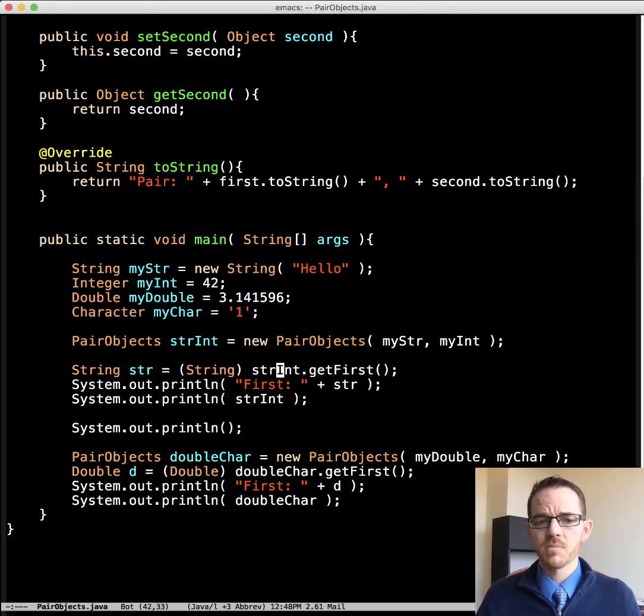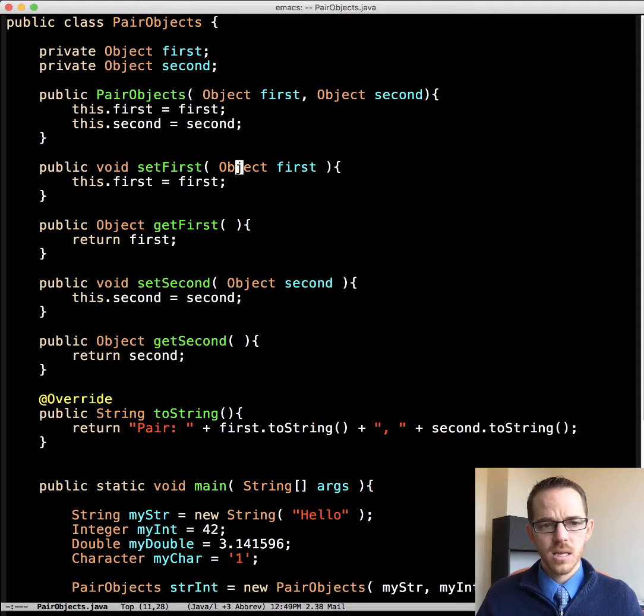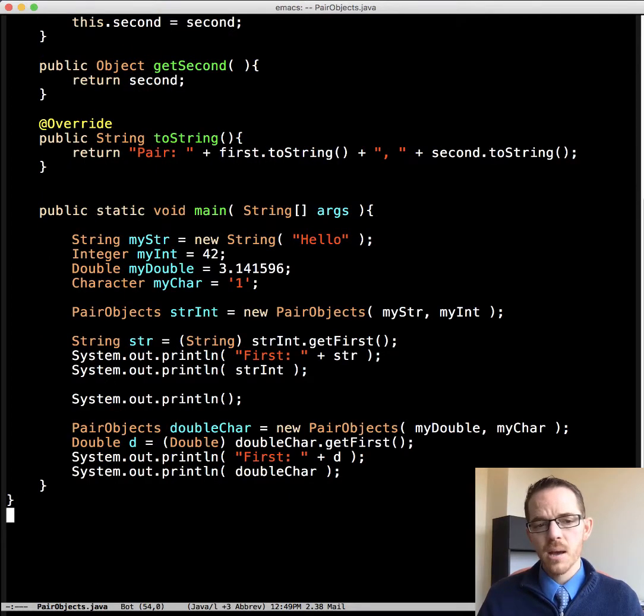The problem comes when we call get first and say, hey, get something out. Well, what it gets is an object. It returns an object because we can see that from the header here, get first. It returns an object because that's what it's stored as. Now it can store anything, but we have to cast it every time, and that gets annoying.